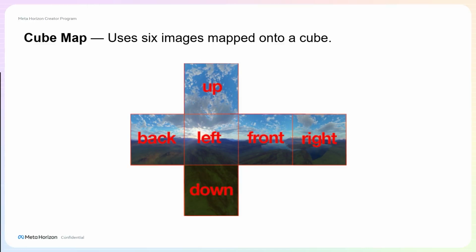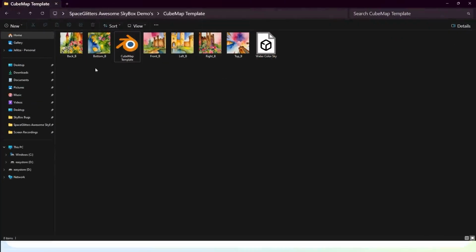So what does it look like in your files? After you have extracted a cube map, you will see a series of images, up to 6. So you have your back, bottom, front, left, right, and top. It's kind of like a puzzle. It's cool. It's fun to play with. And how you extract it from AI